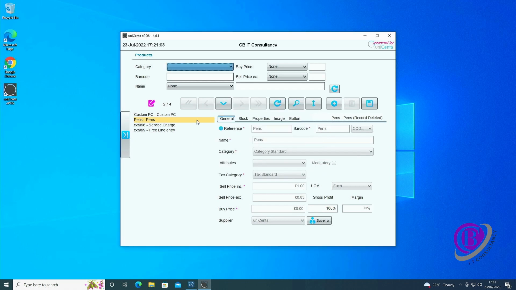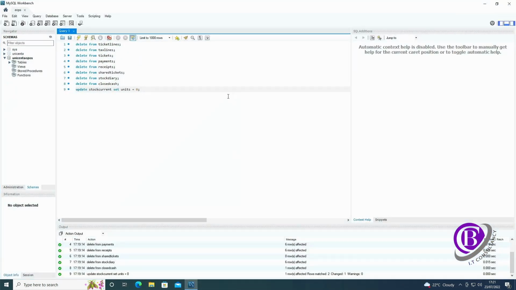Okay, we still can't do that. There might be something else where it's linked to it. So, because we can't do it that way, what we will do is we will now actually delete it from the back end. So we can now run a few more commands and a few other bits. We haven't done anything with the receipts yet. What we do need to do is reset all of the receipt information so it starts in the right place again. So we're going to update